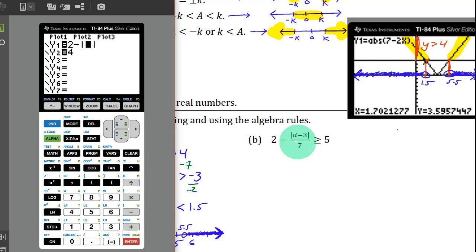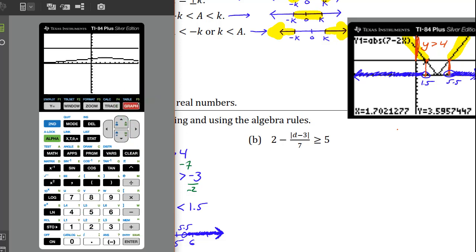But we're going to call this x minus 3, because that's what the calculator calls variables. So 2 minus |x minus 3|, all that divided by 7, is how you write that fraction. That is the left side of this. The right side is y equals 5. So when we graph it,